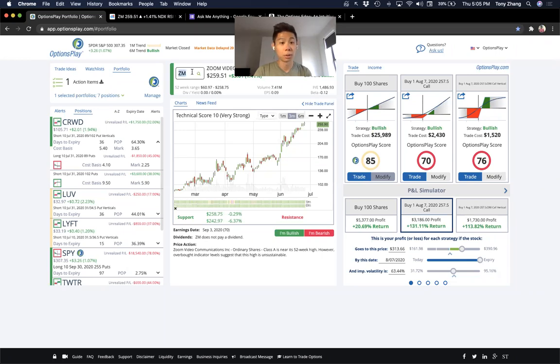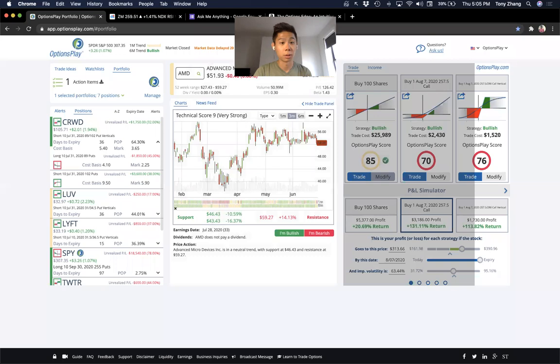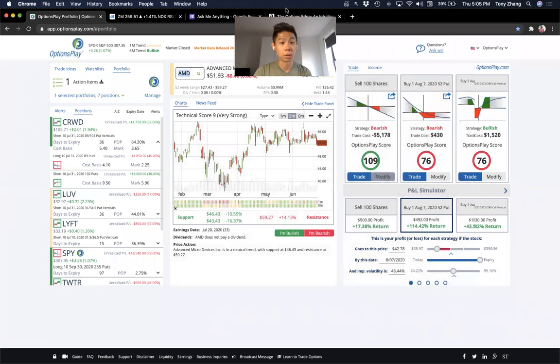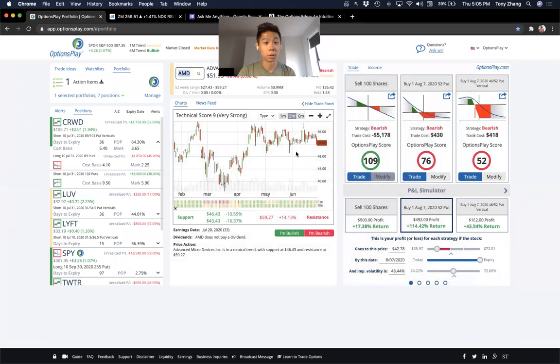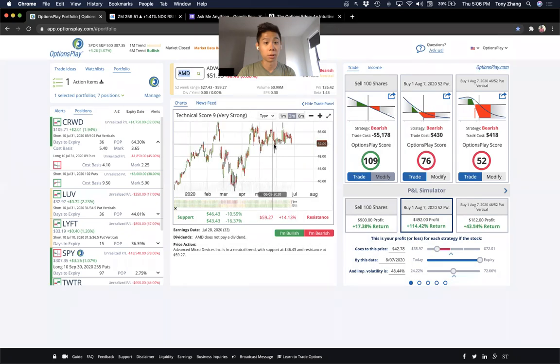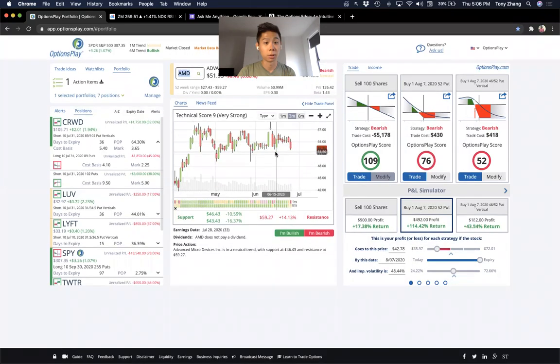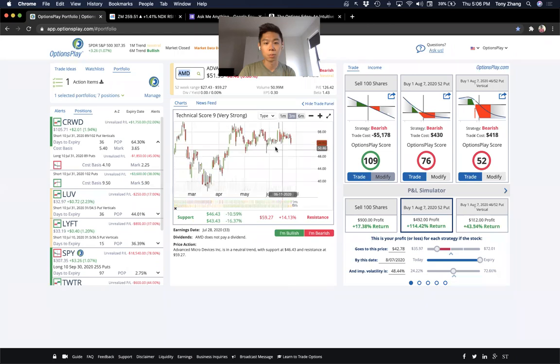AMD, bullish. This is a stock that I really quite like out of the semiconductor stocks. You have NVIDIA that really has taken off versus AMD. AMD has just consistently chipped away at Intel's market share of the personal computing space. They're starting to chip away into the server space. So from a semiconductor stock perspective, I actually quite like AMD versus Intel.